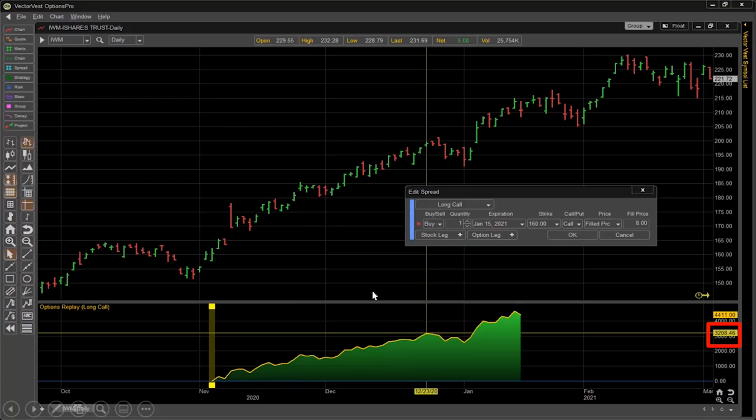And again, you can follow here and you can see that the market and thereby the IWM, which tracks the Russell 2000, continued to rise, and we see once again in less than 2 months we had a profit of over $3,200. That's a 400% return on our investment. Again, the power of aligning your option trade with the market trend, and when done correctly can result in some tremendous returns.